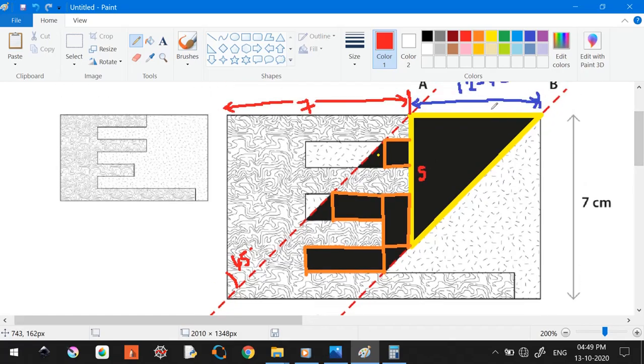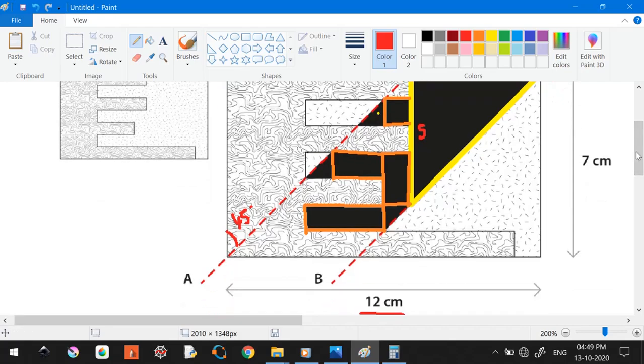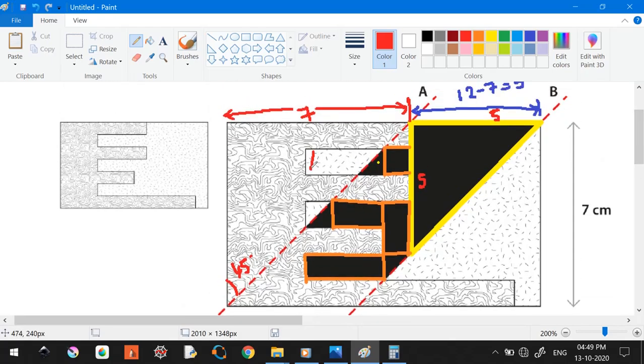Okay, so you have 5 here, you have 5 here. Like I have already mentioned, this is 1 centimeter, right? So this length and this length are going to be the same, which is 45 degrees. Or you can visually say that this length is actually the same as this length, which means this is a square of size 1 by 1, which means 1 breadth and 1 height, right?